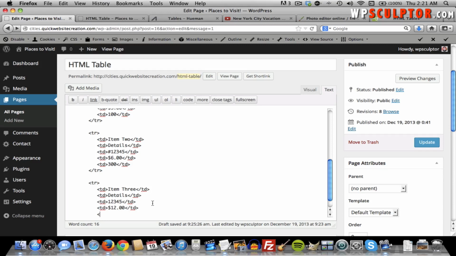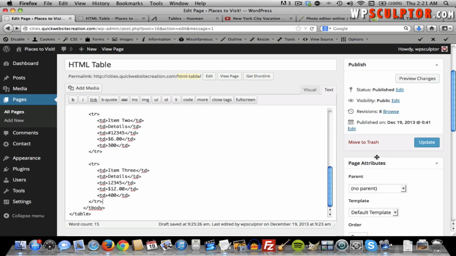So we're going to give this an opening table data tag, and the quantity on this one is going to be 400. And we'll close the table data tag. And then we have to hit enter again, and we're going to space over, and we have to have a closing table row tag since we had an opening table row tag there. Now when we update the page,